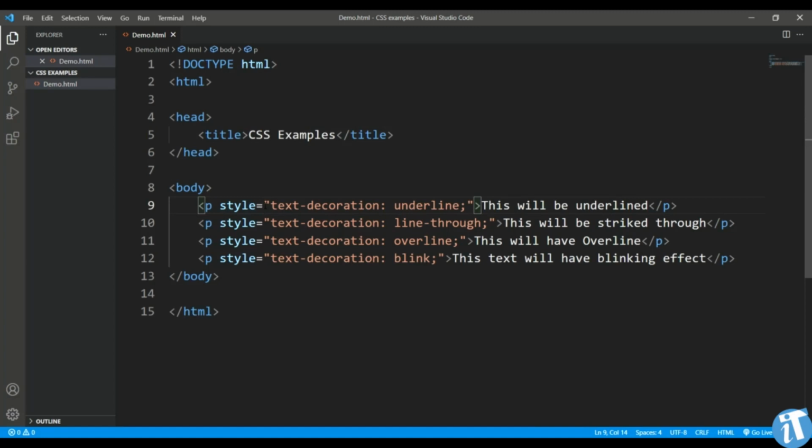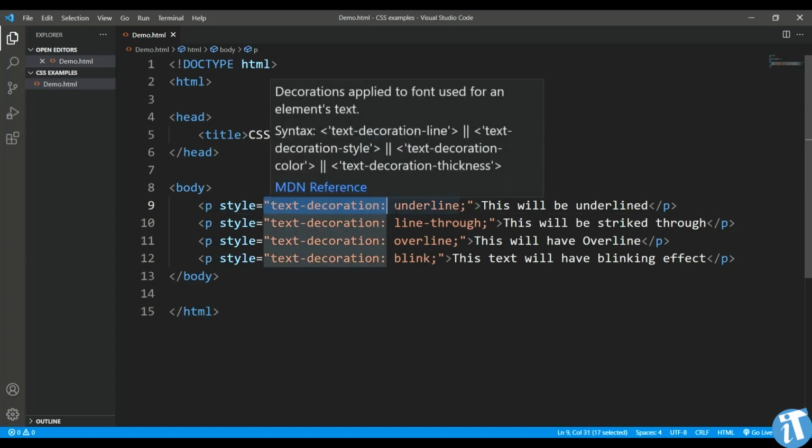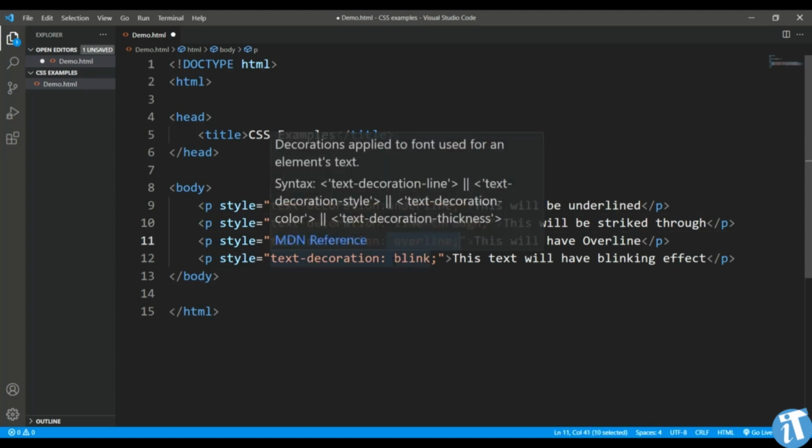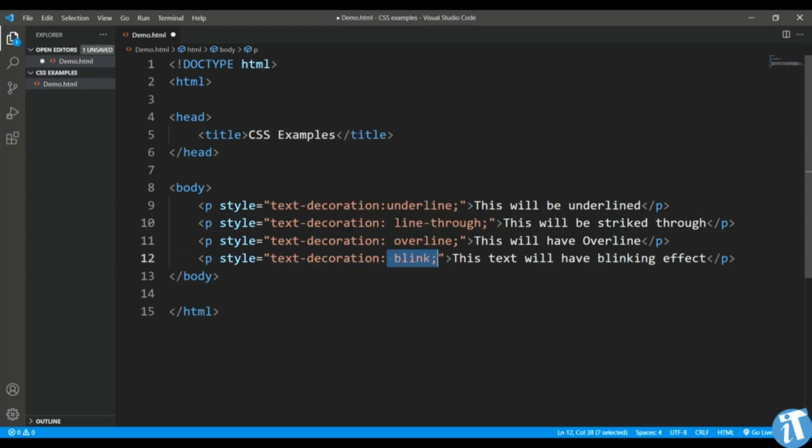Alright, so here let's cover some more examples for the text. Like here you can see I have used the different options regarding the text, like text decoration. Alright, so in text decoration I have several things, like I can make it underline, line through, overline and blink. That line through means the line will be passing over the text, and overline means it will be on the up side of the text, while it will show you the blinking text. So everywhere I am using the text decoration attribute with the different possible values. So let's come to the browser now,